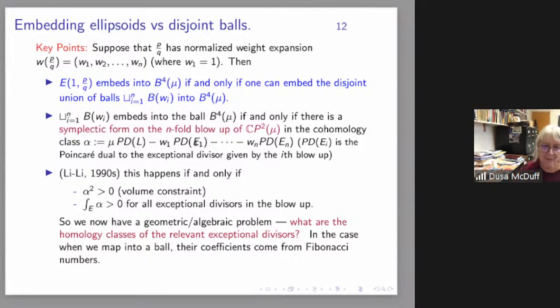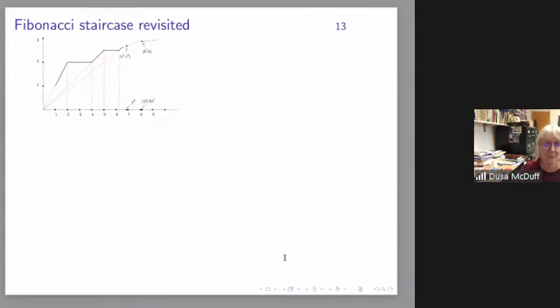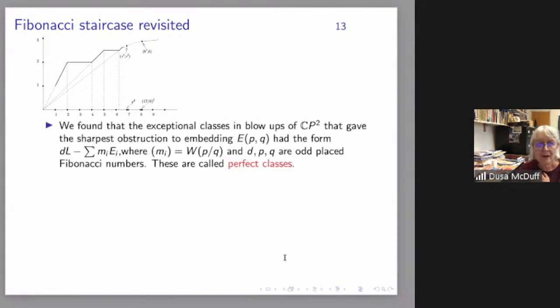symplectic form. And the fact is that if you're mapping into a ball, then the coefficients come from Fibonacci numbers. And if you're mapping into something related to a ball, like a ball when you've blown up a point, then you get other nice numbers. They're not Fibonacci numbers, but you get other nice numbers. So if we go back to the Fibonacci staircase and look and see what we have here, what we found was that the exceptional classes and blowups of CP2 that gave the sharpest obstruction to embedding